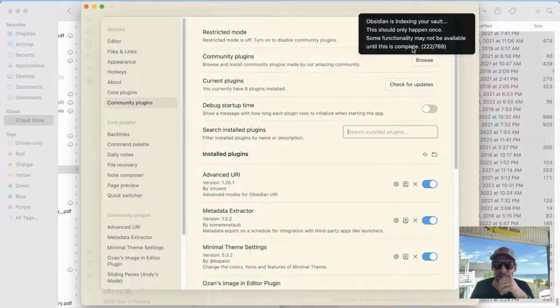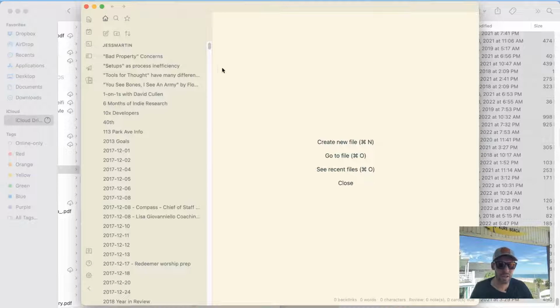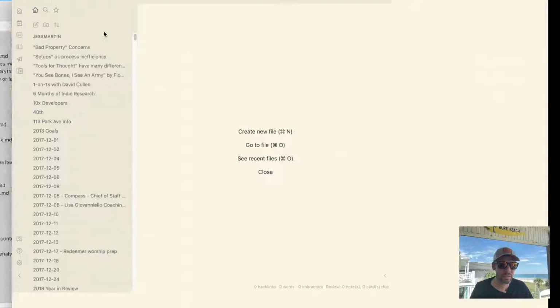Also, indexing is happening right now. Interesting, some functionality may not be available. I wonder why it's only indexing 769 things when there are 1,119 of them. That is weird. Indexing is complete. Okay. Let's see.